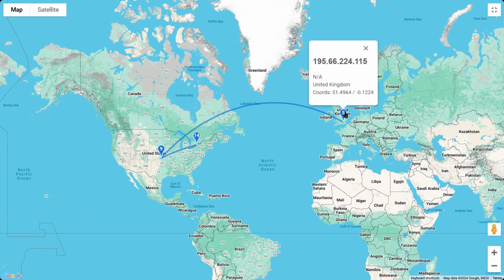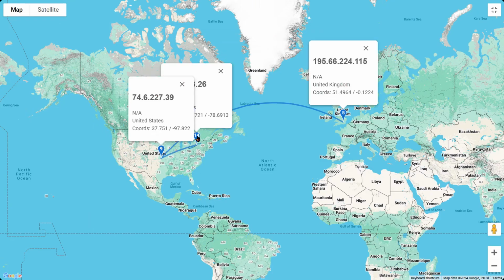This is the IP address, United Kingdom, and it is going through the submarine optical fiber cable, and this is the public IP address located in United States. The coordinates, longitude and latitude, are also coming. The last device is